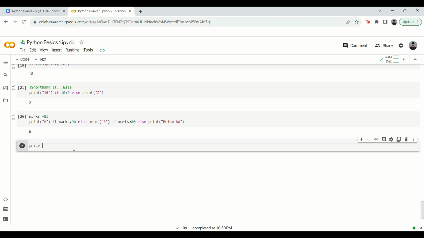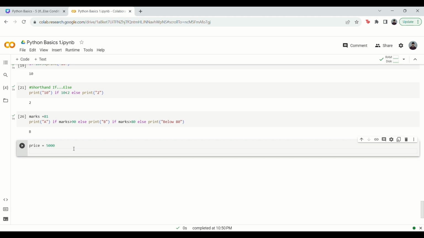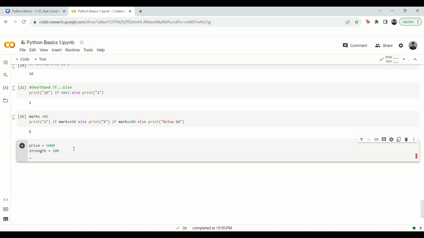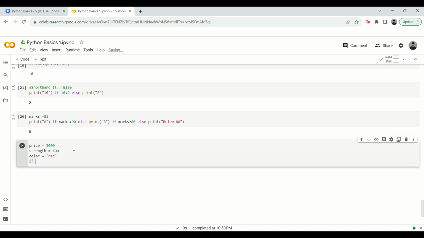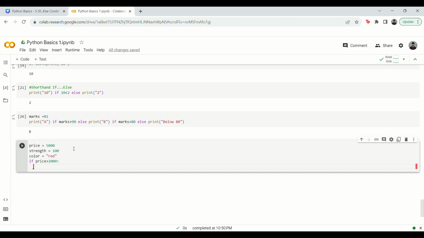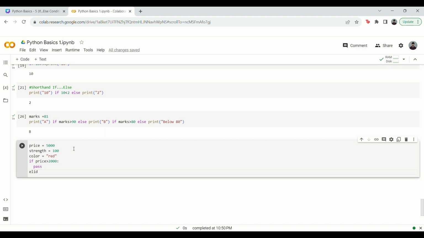So we can take a few variables, like let's say price. So let's put 5,000. Then we can add something like strength as, let's say, 100, and we can add another variable like, let's say, color equals red. So if price is greater than 2000, then you can simply pass. Elif price is less than 1000,